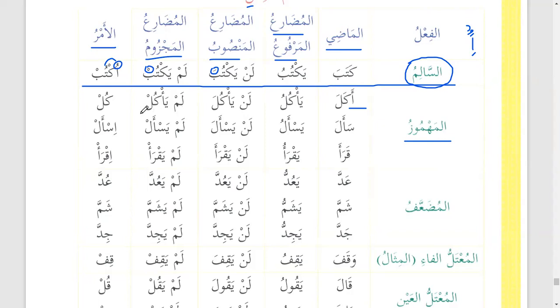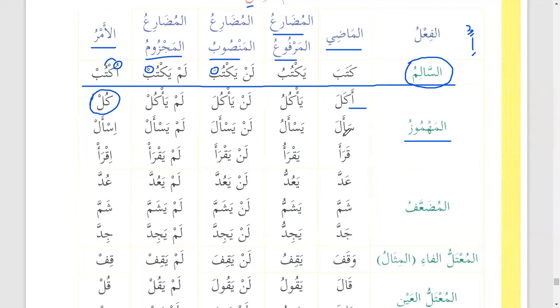And fi'l al-amr kul doesn't follow the rules of making fi'l al-amr. So we have to remember that kul, mur, and khud, these 3 verbs, do not follow the pattern of making fi'l al-amr. So kul for 1, kula for 2, and kulu for many. Kulu washrabu wala tasrafu, right? So kul, kula, kulu, kuli, kula, and kulna. So you can memorize it. It's not difficult. Akala ya'kulu, lan ya'kula, lam ya'kul, and kul, you eat.